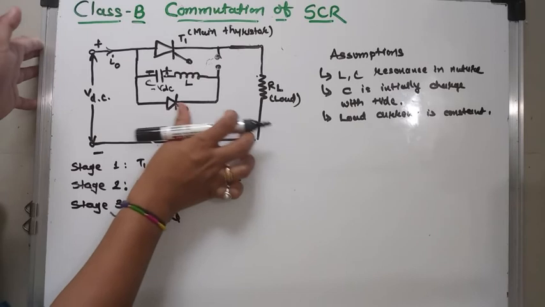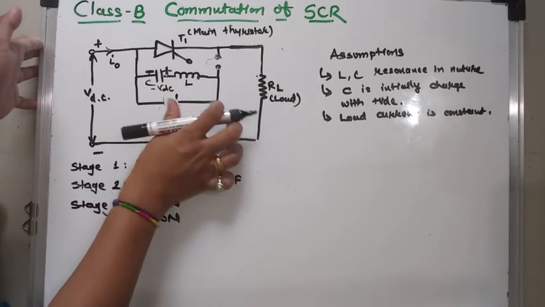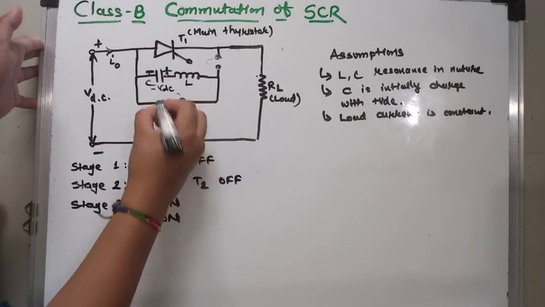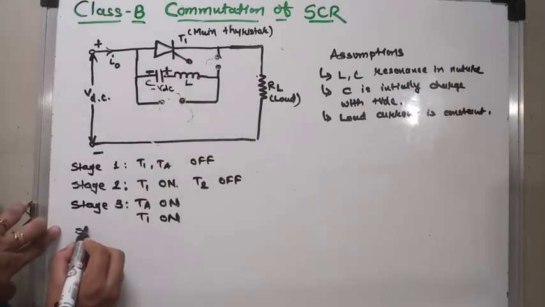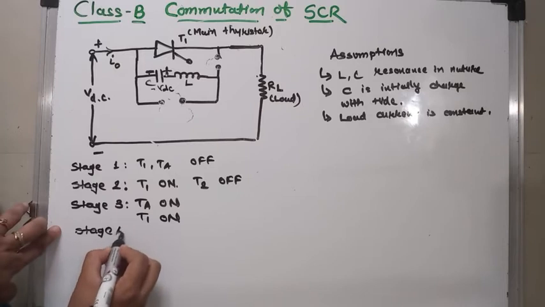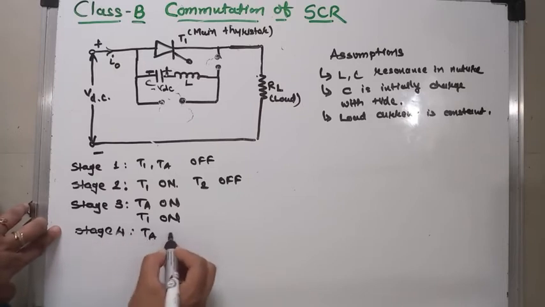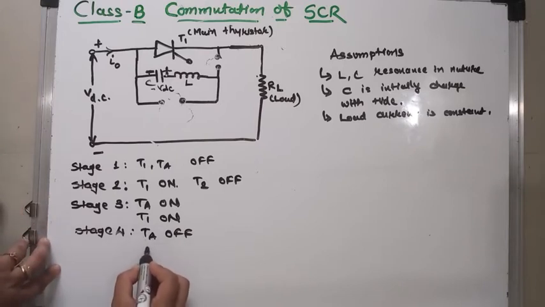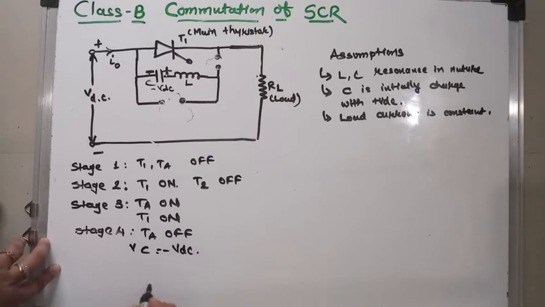So TA is turned off, as it is open circuited. So now in stage 4, the capacitor voltage is equal to minus VDC, and